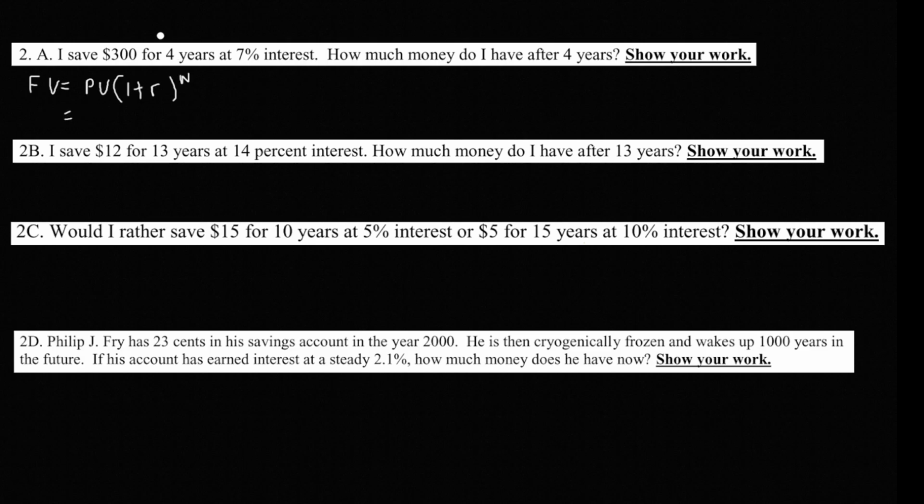So this future value at 4 years will be the present value of $300, 300 times 1 plus 0.07. This is not 7, this is 7%. 0.07 to the power of, not n, 4. 4 years. And so if we shove this into a calculator,